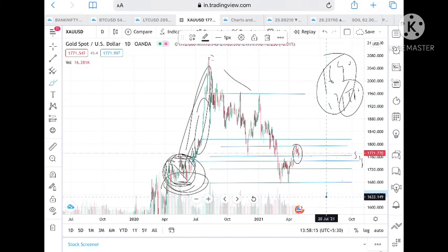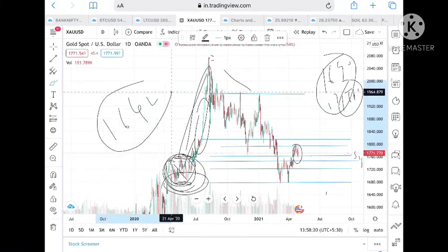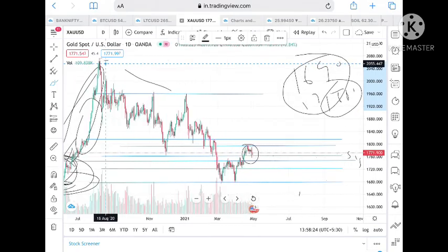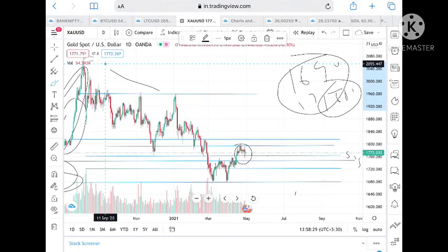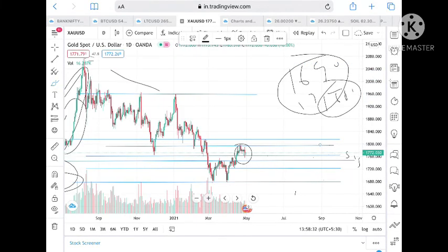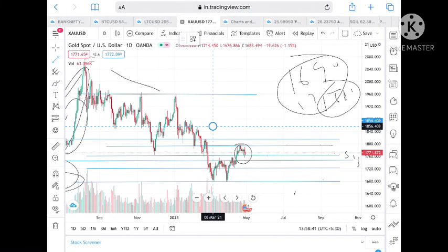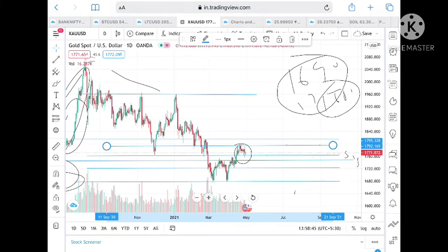Okay, after breaking a level of 1680, as of now this is the downside. But if it crosses a level of 1800, because it is now trading at around 1772, if it crosses a level of 1800, okay, once it crosses a level of 1792, then what we can expect is that it can